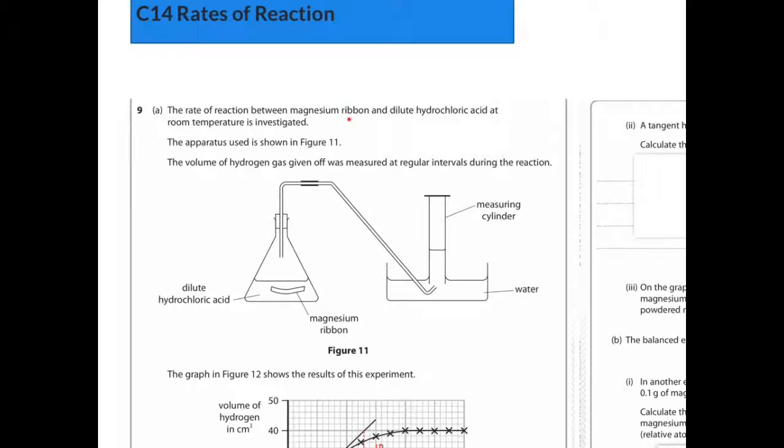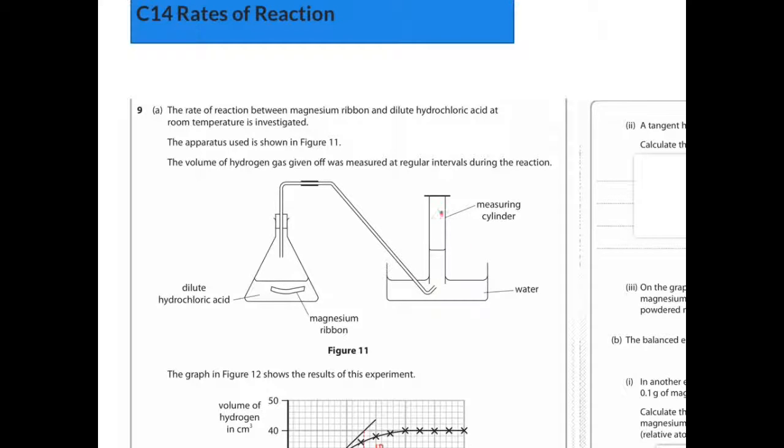The rate of reaction between magnesium ribbon and dilute hydrochloric acid at room temperature is investigated. The apparatus is shown in figure 11. The volume of hydrogen gas given off was measured at regular intervals during this reaction. So we've got dilute hydrochloric acid, magnesium ribbon, and an upside down inverted measuring cylinder to collect bubbles